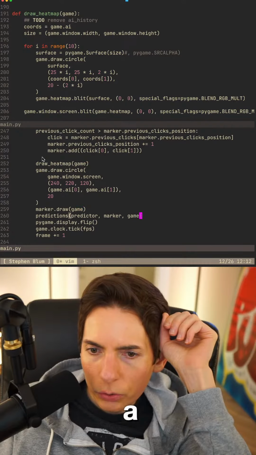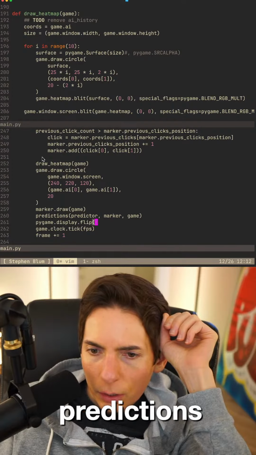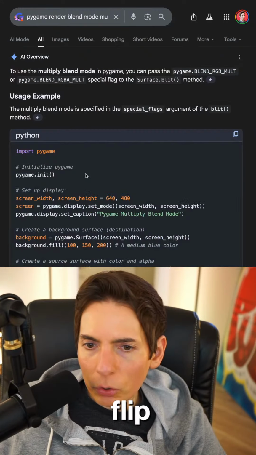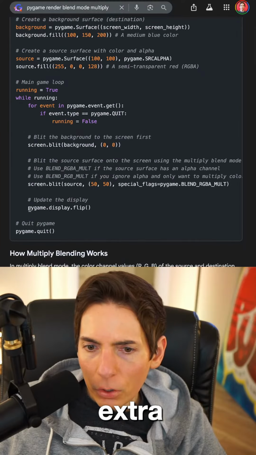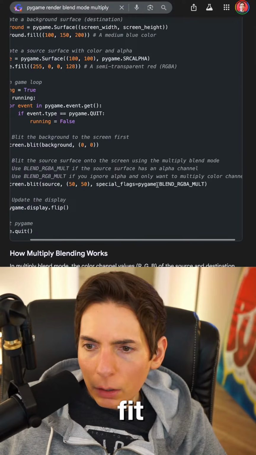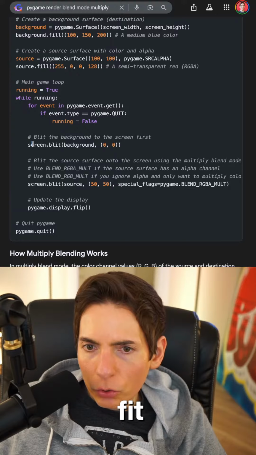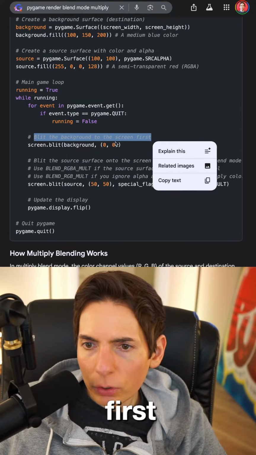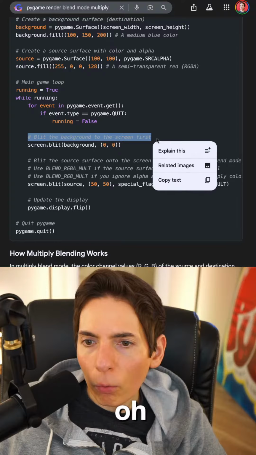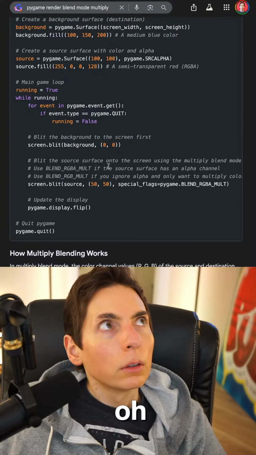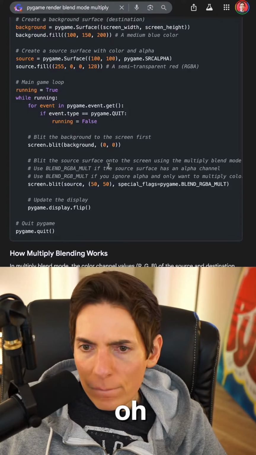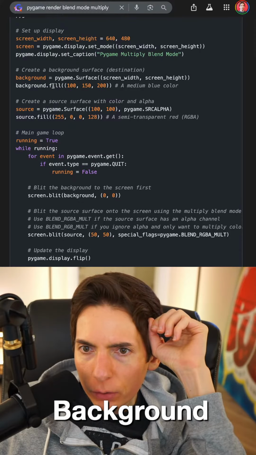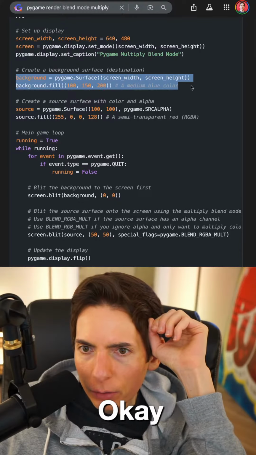Draw a circle. Looks good. Draw a marker. Predictions. Display flip. Do we need to do anything with the display flip? Do you have to do anything extra? Nope. Regular display flip. Screen blit to the background. Blit the background to the first screen. Huh. Okay. Background. What is background? Background fill is a surface. Okay. So we need...